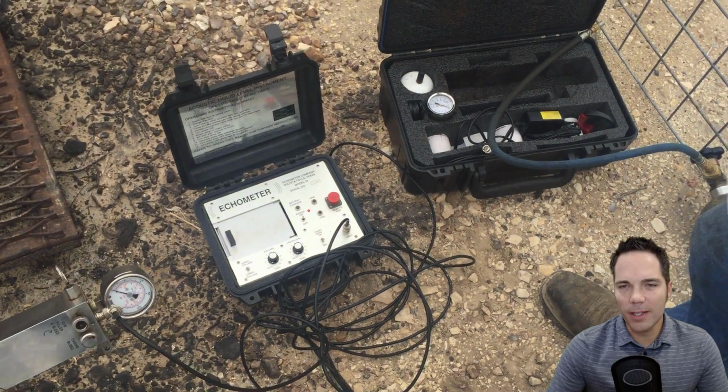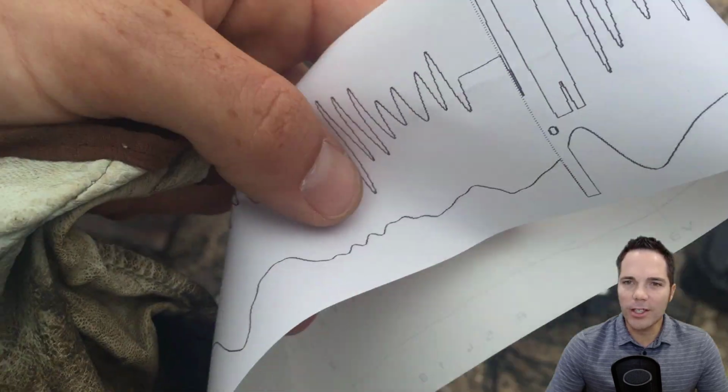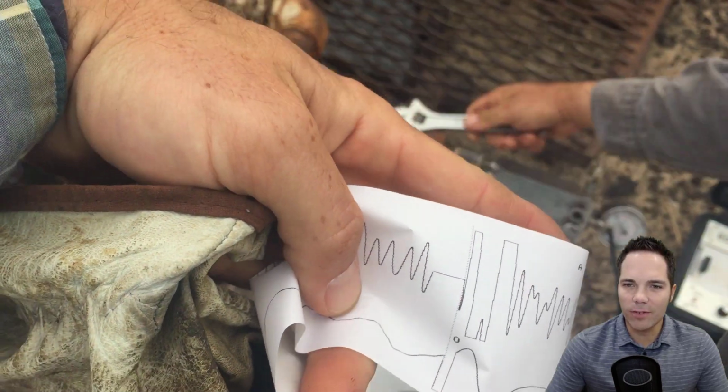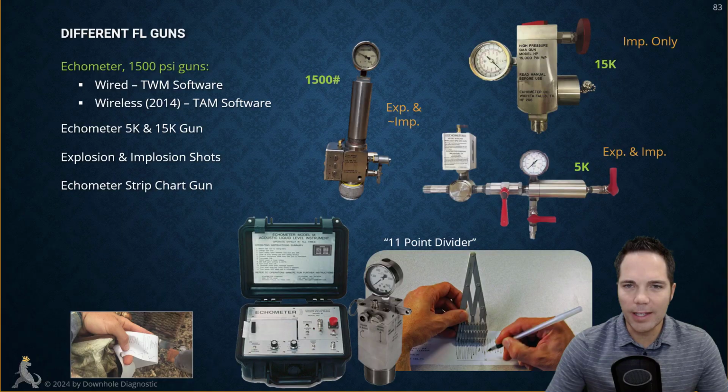And here is the paper printout. So with this, you're going to identify tubing collars, and right there is the fluid level that we are looking at. So that is the strip chart gun, okay? And it works great, but there's a lot of disadvantages to it, including the fact you have all these pieces